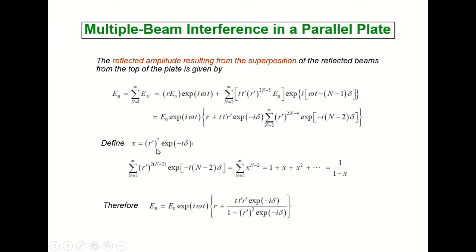And similarly, if you take the value of x, it can be represented in this term. So the final one, you can represent ER, the reflected amplitude, as E0 exponential i omega t times (r' plus t t' r' exponential minus i delta) divided by (1 minus r squared exponential minus i delta). That is a representation in terms of